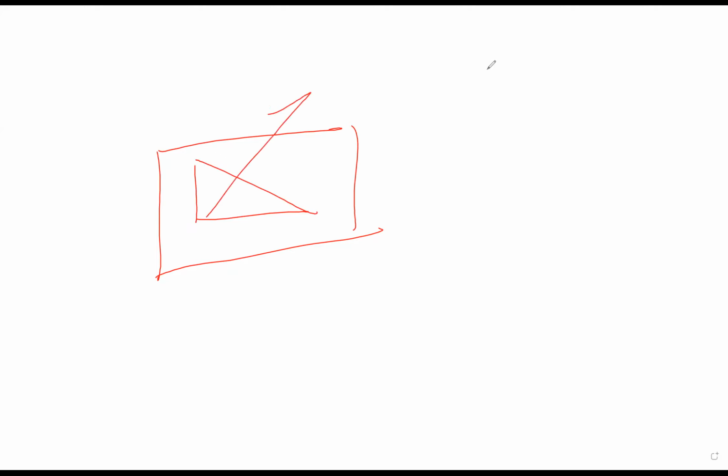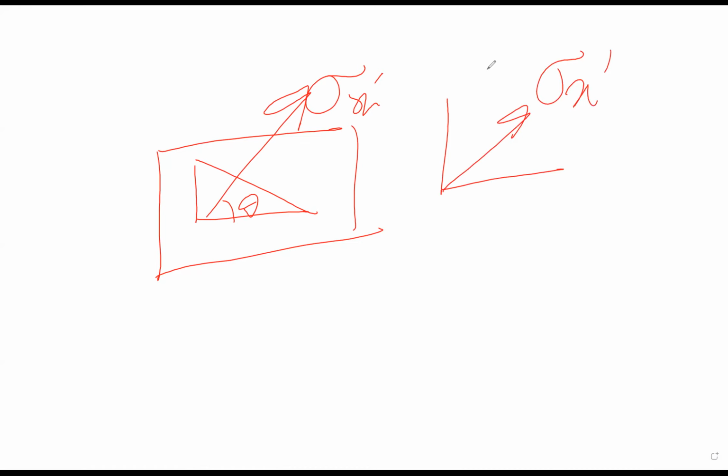The assumptions are like this. The direction cosines between x dash and the x axis and y axis are L and M. So this is our figure. This is sigma x dash. This is theta. And if you represent it in this manner, this is sigma x dash, this angle is theta, this is sx and this is sy.